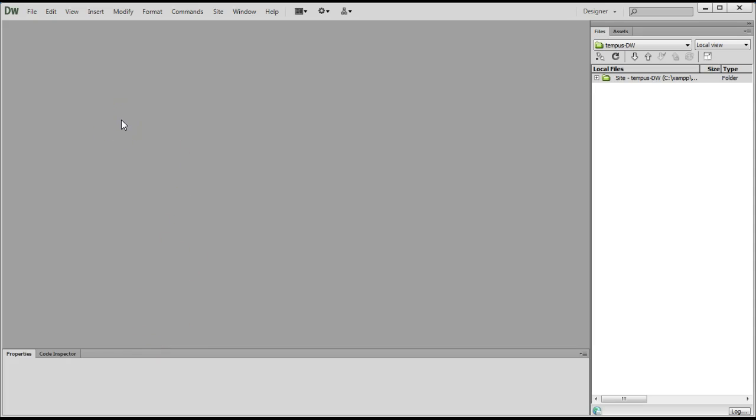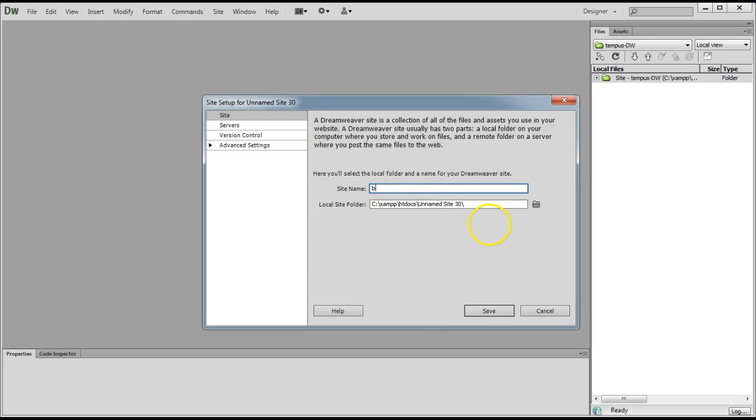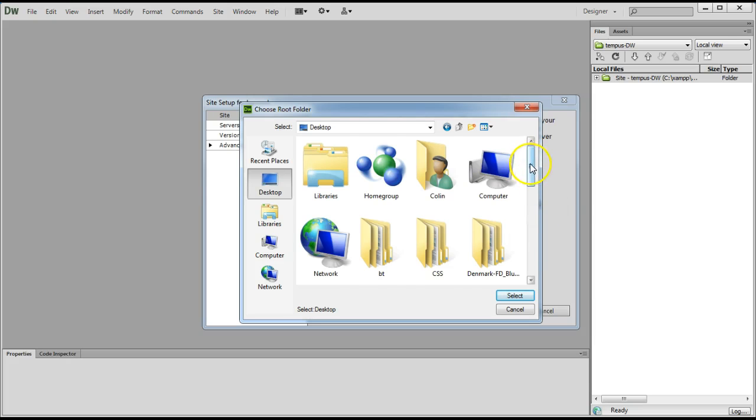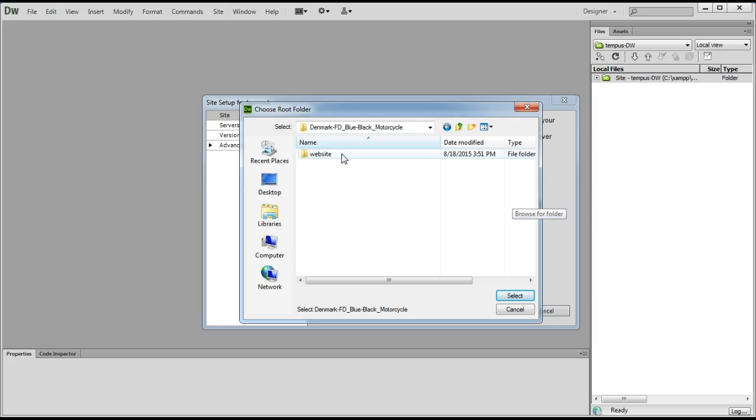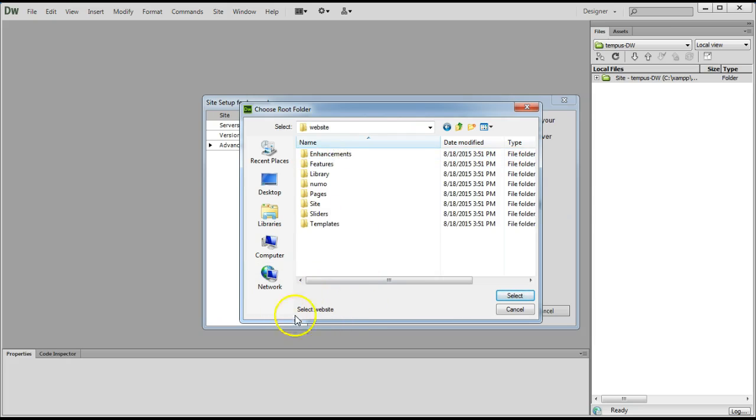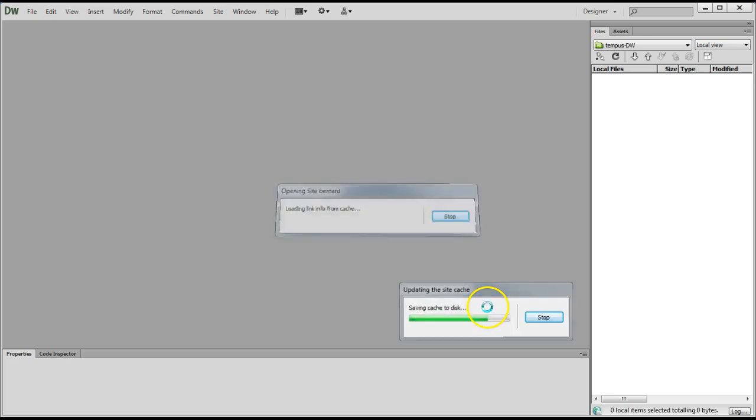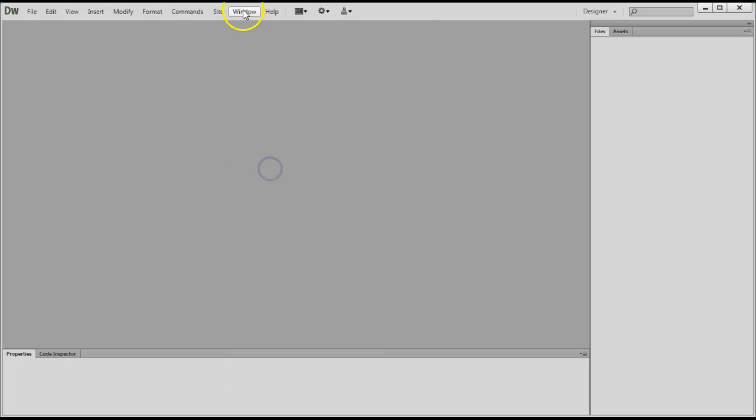So I've got Dreamweaver open. I'll go to my site menu, select new site, and I'm just going to type in and hit the browse button here and go to my desktop. And like I said, if you're on a Mac, this will be slightly different, but you just want to find the Denmark folder inside the website folder, and there we go. We have select website down here, select website up here. I hit that, I hit save, it creates a cache, and when everything is said and done, if I open up my files panel, which is window, files,